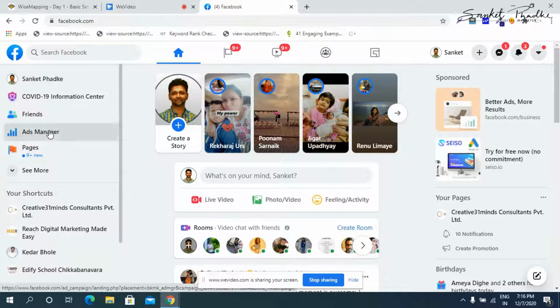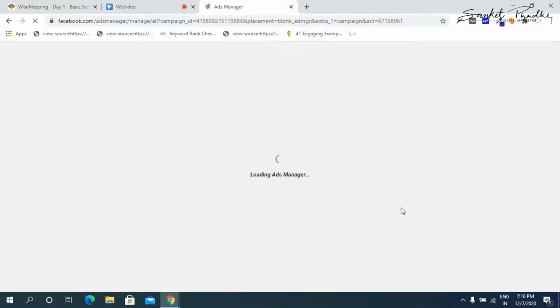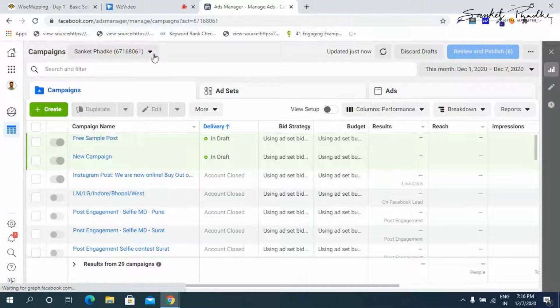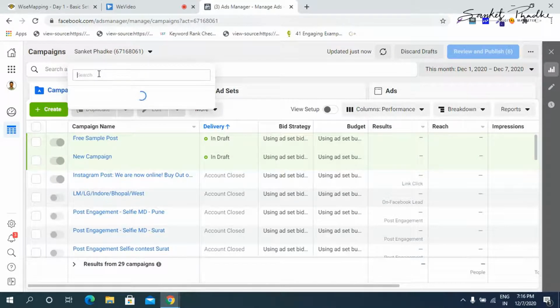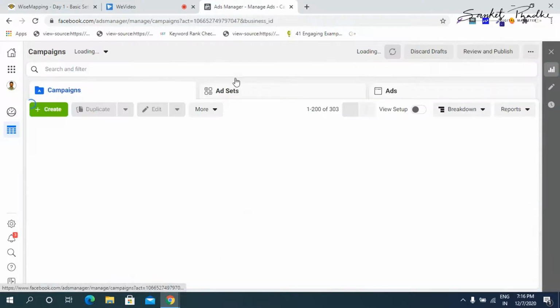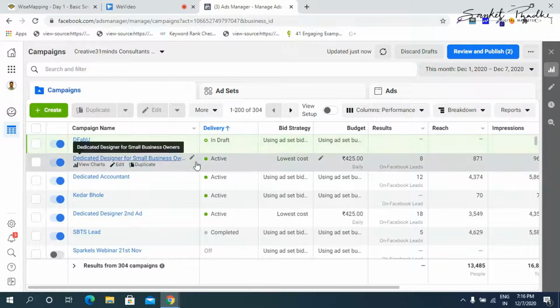So click on Ads Manager. And then let me change the ad account. Okay. So now in your ad manager, you will see your ad which we published yesterday.